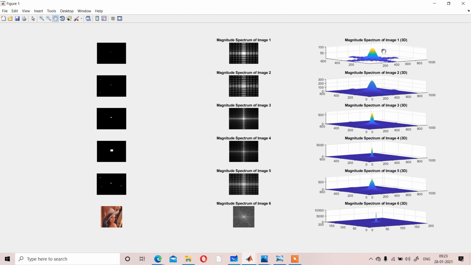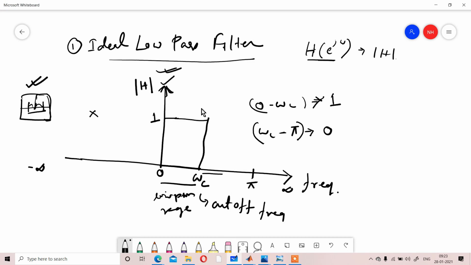But after that, whatever frequency you are getting, these are all called the high frequency range, because the frequency range starts from 0, that is the point 0, and goes towards 800 something like that. So suppose for the low frequency range we are considering 0 to 200. You can consider 0 to 100 also, that depends on the image. So suppose we consider 0 to 200 as the low frequency range, and 200 to 800 as the high frequency range. As in the case of that image we have seen that 0 to omega c we are considering the low frequency range. After omega c, whatever frequency we are getting is called the high frequency range.